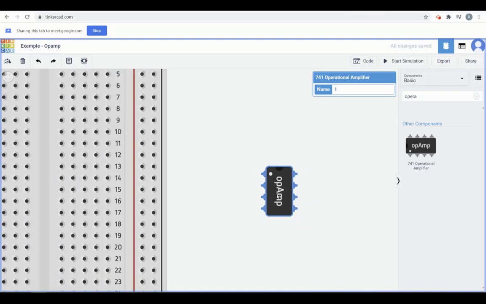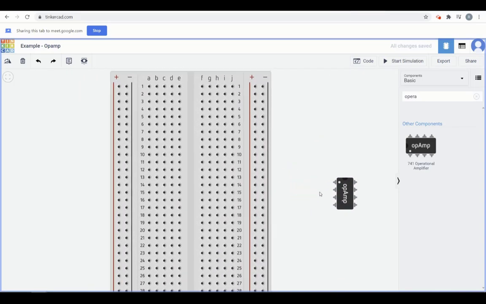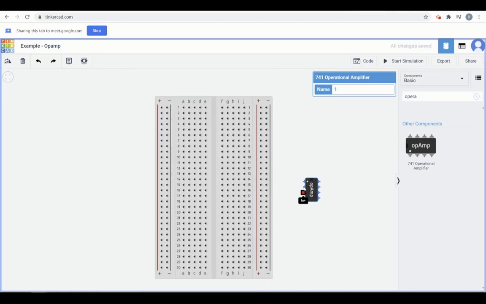So there is no point of any confusion here, but this will not be the case in a real IC. So what all do I need? I'm going to take this op-amp and place it here. Going back to the circuit, I need to ground the non-inverting terminal, right? This one has to be connected to ground.